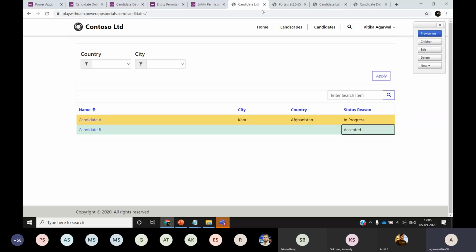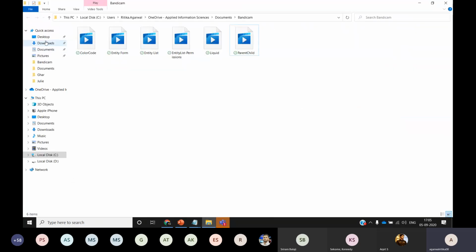But let's say I have a condition where I don't want to display the records as is from my lists. I want to create a custom design of my own. I want to build a page which has my own design based on my client guidelines or any document that I want to refer to. In that case, what do we do? We can make minor changes to this, like the design. If I want to update these drop downs to look more beautiful, I can do that. But what if I want to build a structure like this?